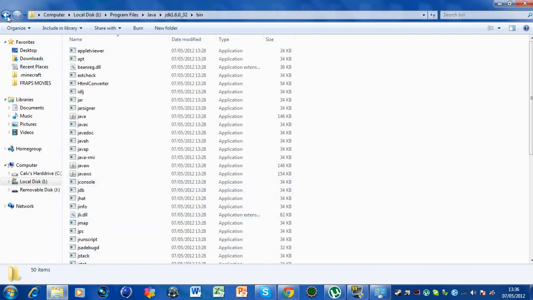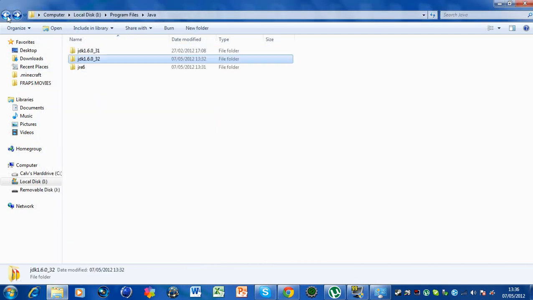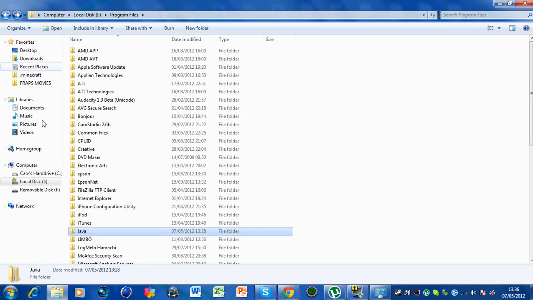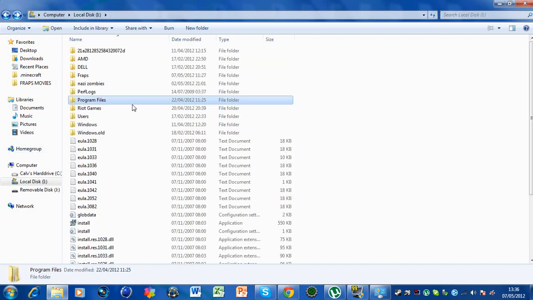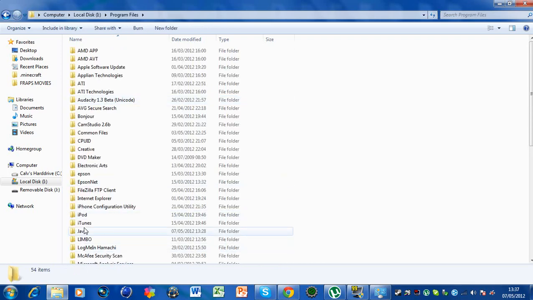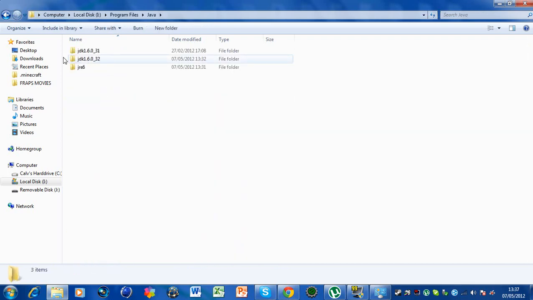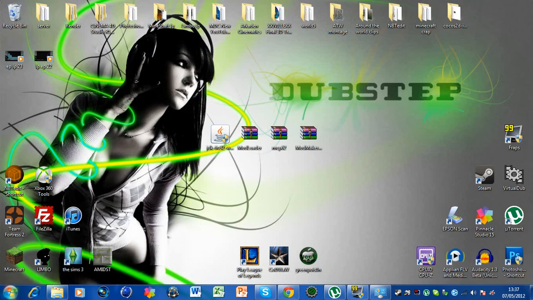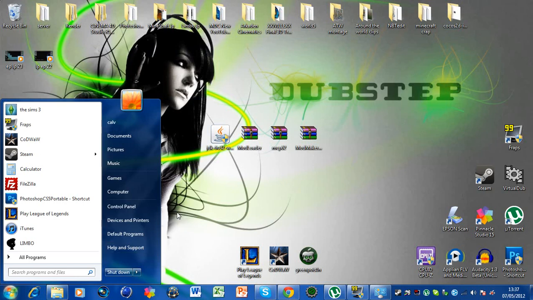Now the path generally for Windows 32-bit is just in Program Files, but if you're using Windows 64, it can be in any Program Files. You just want to make sure that it's called JDK, not this. Make sure it's JDK. But anyway, if you now want to make sure it's installed correctly, so click the Start